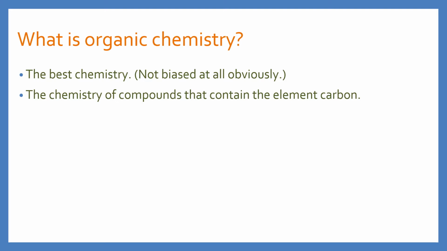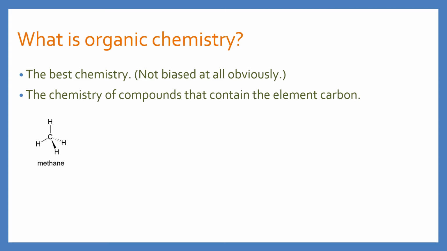Organic has a lot of connotations these days, mostly with regards to our food and the products that we use on our bodies, like shampoos are organic these days, and body wash, and your toothpaste, and the tomatoes that you eat. Everything is marketed as organic. But when we're talking about chemistry, what we mean is just anything that contains the element carbon, which actually comes down to a lot of things, including pesticides. So organic chemistry is a much broader topic than we might think based on what we usually use the word organic for in everyday life.